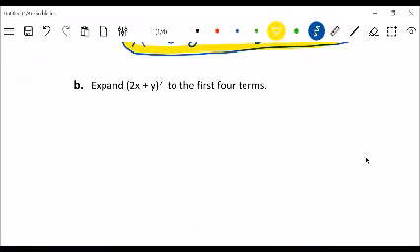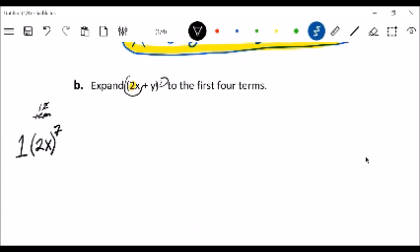Now let's look at one where there's a difference. Here's the big difference, is that there's a coefficient in front of the x. Well, I am actually going to follow the same patterns. Watch and follow along. The first term is going to be the coefficient 1, and then whatever the a is to the 7th power, because we have a 7 here. And so the a is that whole thing, 2 and x together. That's a. And then b, of course, would be, in this case, just the y to the 0 power,